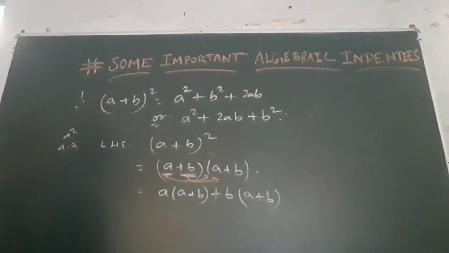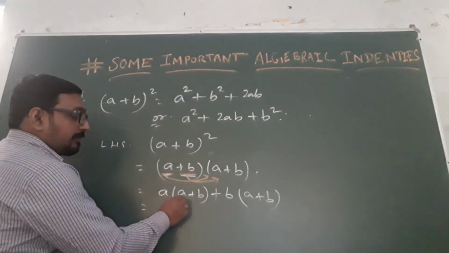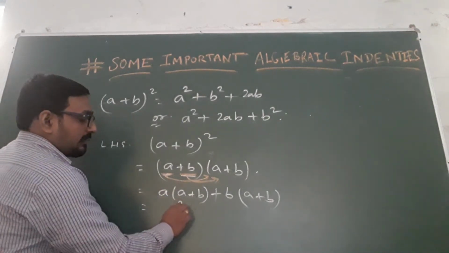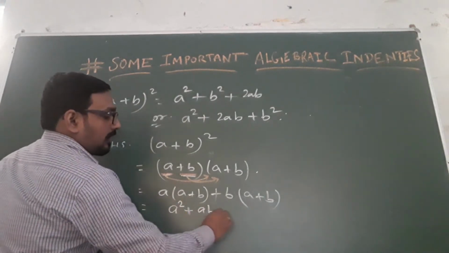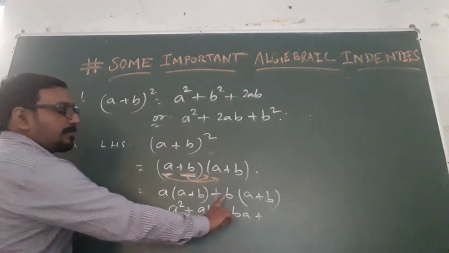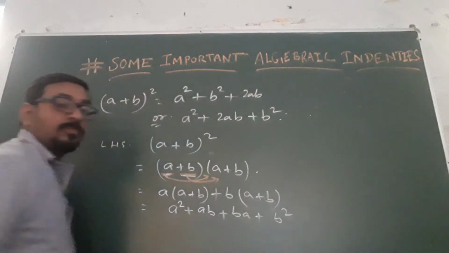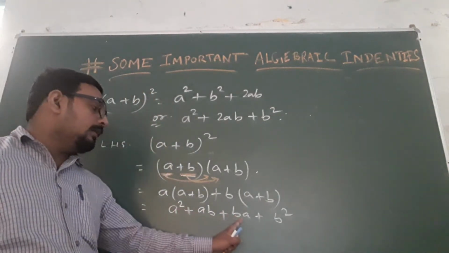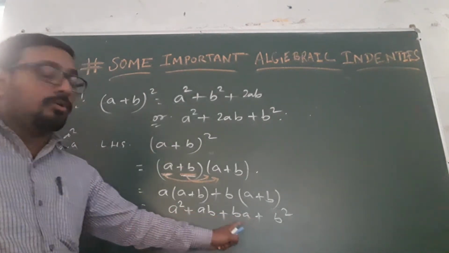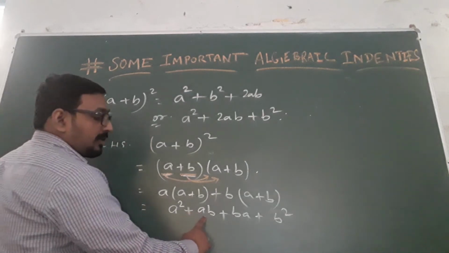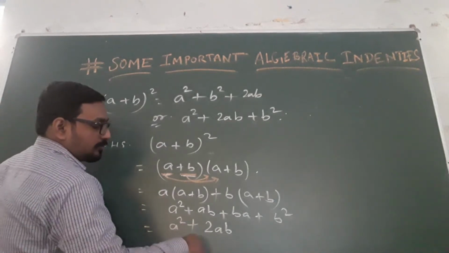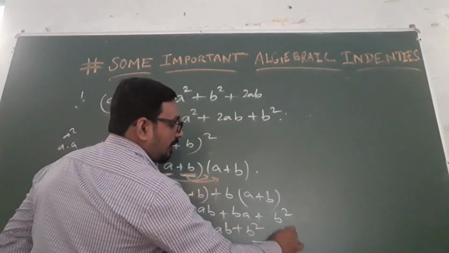Okay. Now how to multiply this? When we remove this bracket, this a multiplied with this a becomes a square, and it becomes ab. Now this one is ba, and plus plus, so we write plus, and b multiplied with b becomes b square. ab and ab are the same terms. 2 threes are 6 and 3 twos are 6. So the addition of these two, plus ab and plus ab, is 2ab, and we have a square plus 2ab plus b square. This is your RHS.